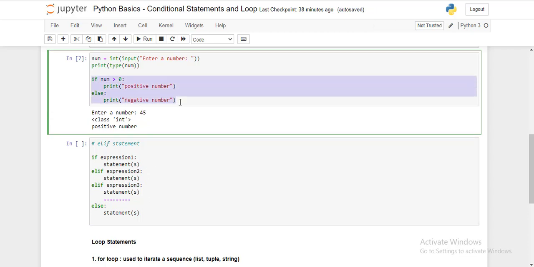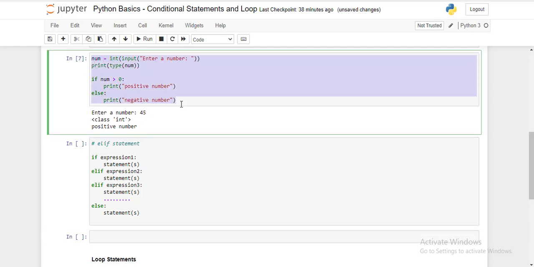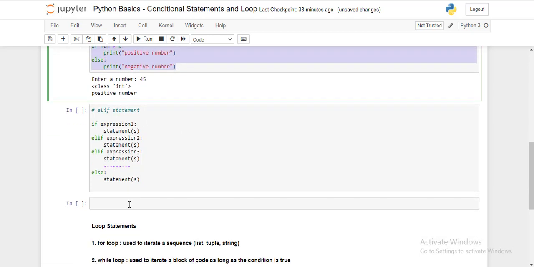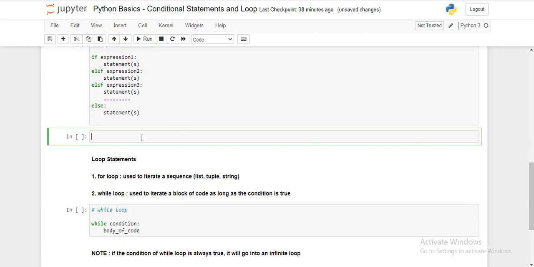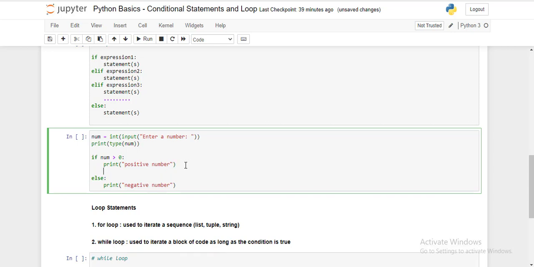Let's change this particular code a bit so that we can include this elif statement here as well. Okay, so insert a code block, copy this piece of code here, and let's add a few things more. So number, we are inputting a number and changing it to integer, and then what we are doing: if num is greater than 0, this elif, so embed an elif here, elif,